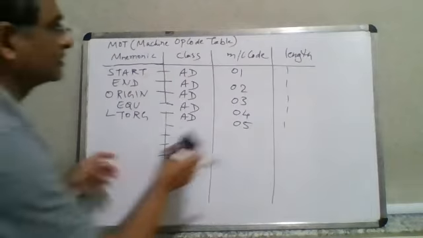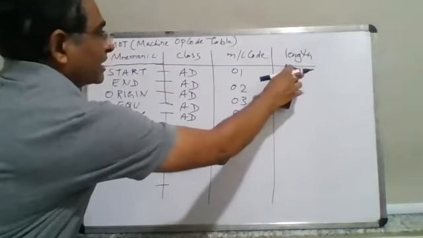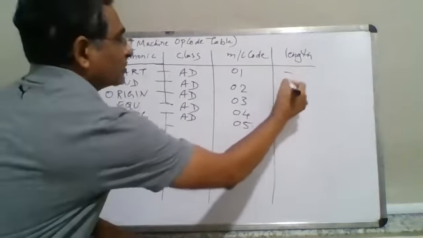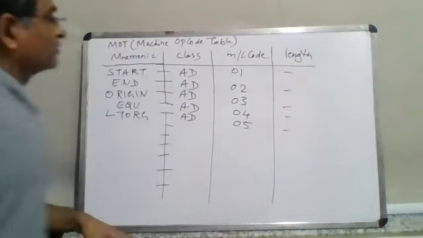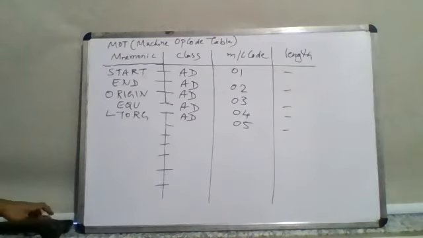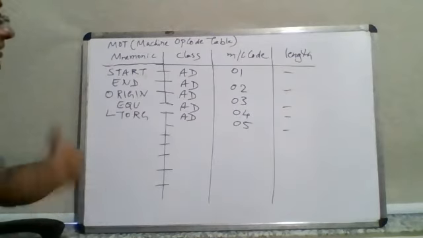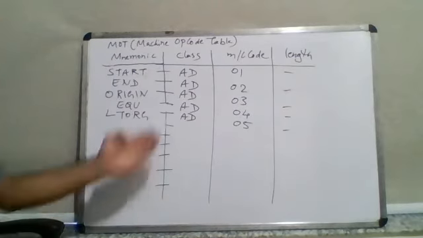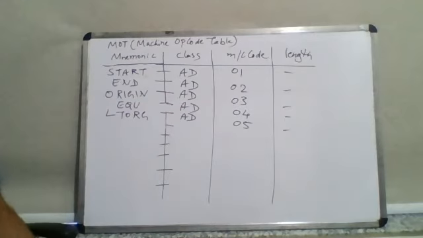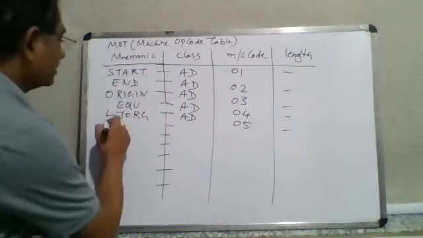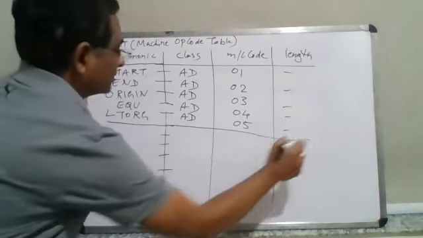Understand, length is not there. These are assembler directives, meaning that they have a special meaning to the assembler. It is not an instruction in the program, but it has a special meaning to the assembler. That's why the class is the assembler directive class. Then let us continue in this diagram itself. What is the other class?